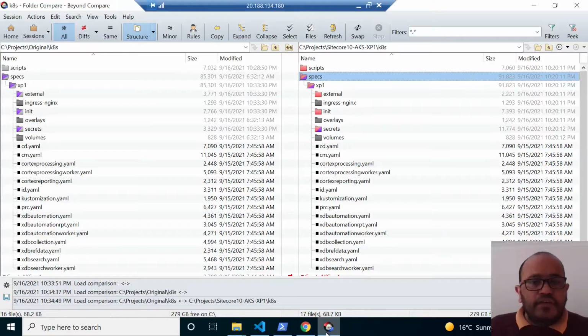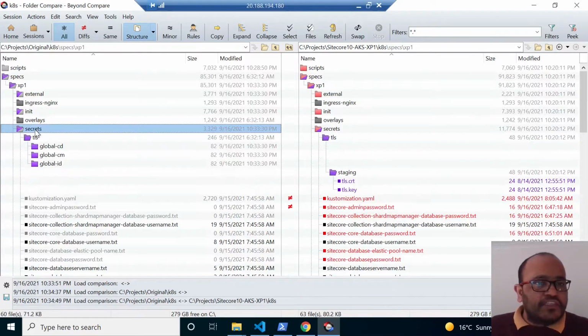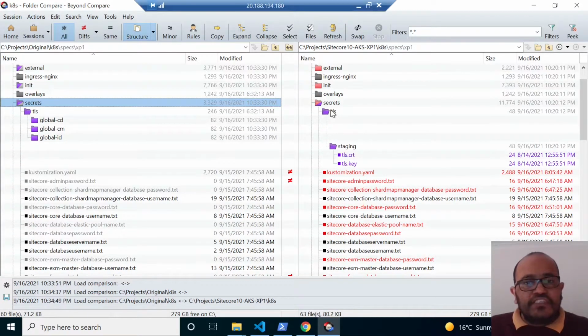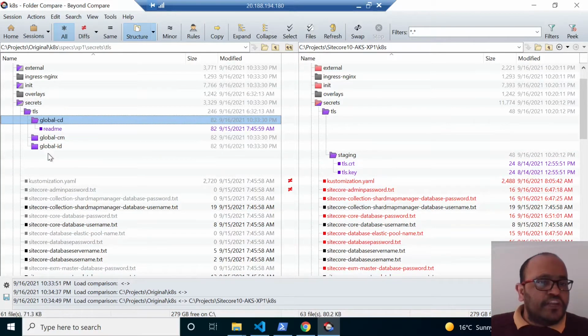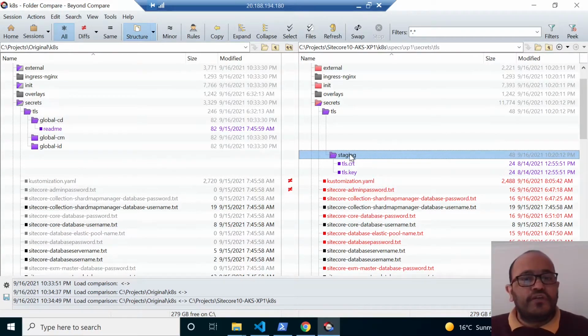So coming to step 2, I am going to deploy these secrets. I will show what I modified. This is the original one, and the right hand side is my changes. If I click on the secret, the first one is the TLS. Already we have 3 folders. I removed those. If you have a different certificate for each CDCMC ID, you can put it in. But I removed these folders and created one folder, staging, and I put the TLS certificate and key there. I will talk more about this at the time of the ingress.